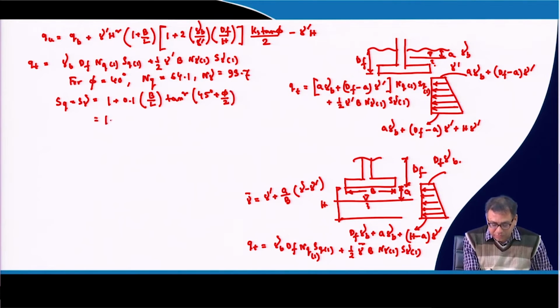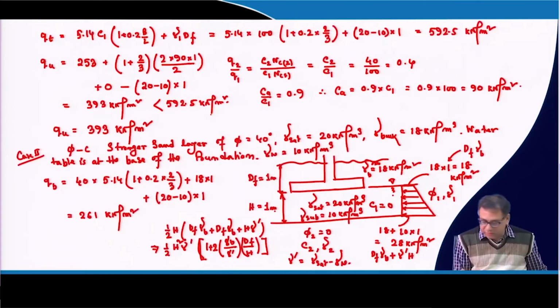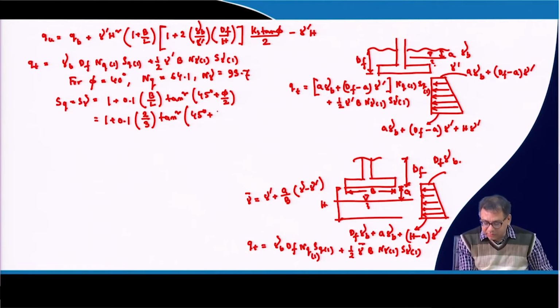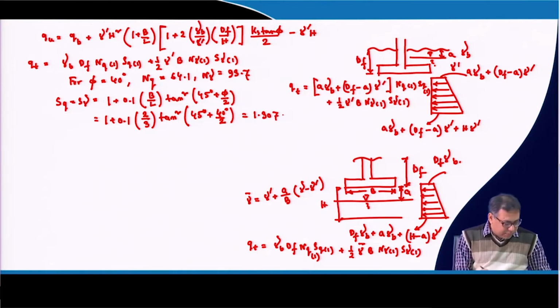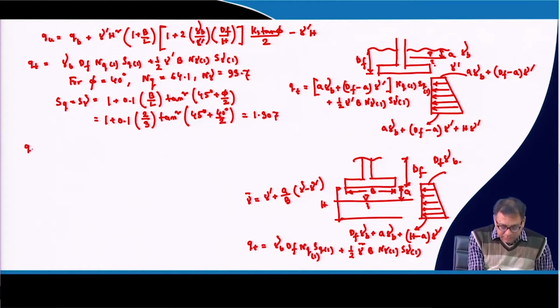If I put 1 plus 0.1, B equal to 2, L equal to 3, then tan square of 45 degrees plus phi by 2, where phi is given as 40 degrees, so 40 divided by 2 will be 20 degrees. Now this value will be 1.307. So finally, if I calculate q_t, then q_t is coming from gamma bar, which is 18, D_f is 1, Nq is 64.1, then Sq is